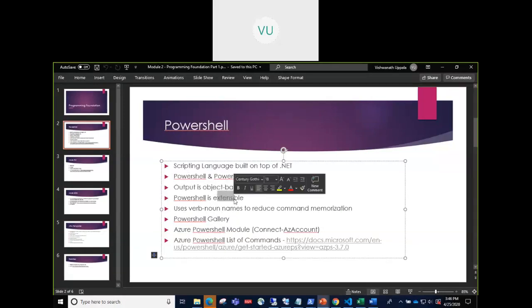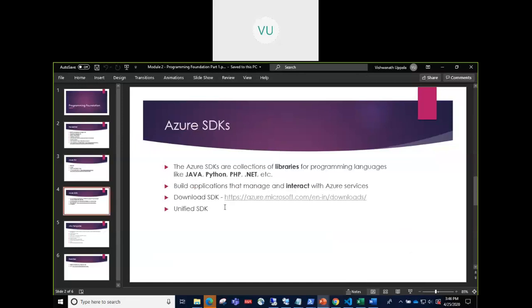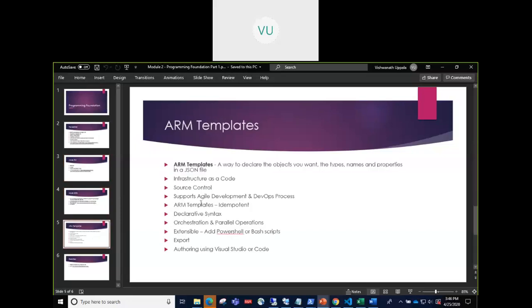Since it is built on top of .NET, it is extensible. That means you can create your own set of PowerShell commandlets in .NET, and then import them into PowerShell and use them. These were some of the basics we covered in the theory sessions.